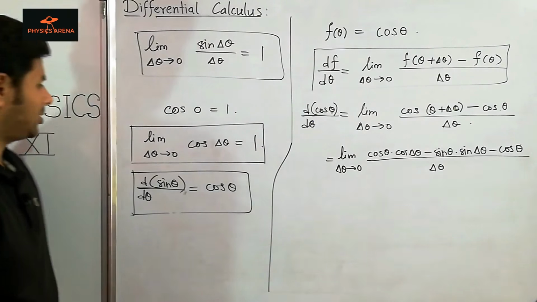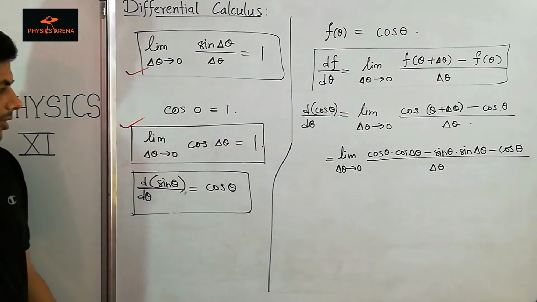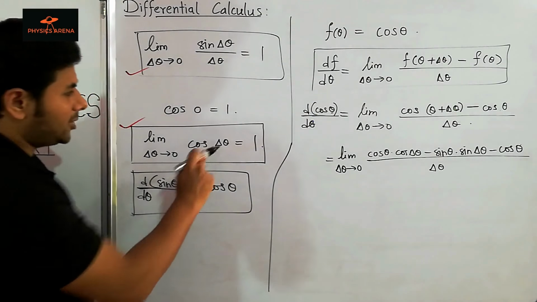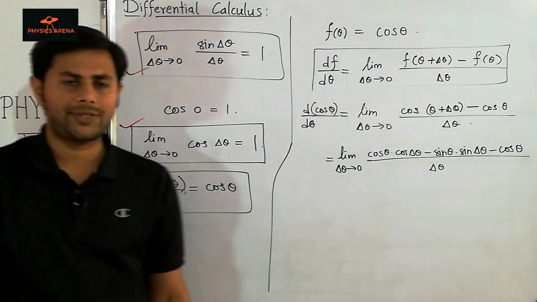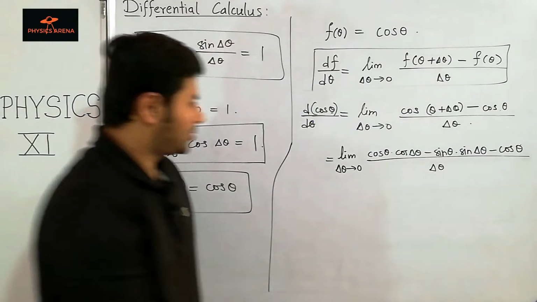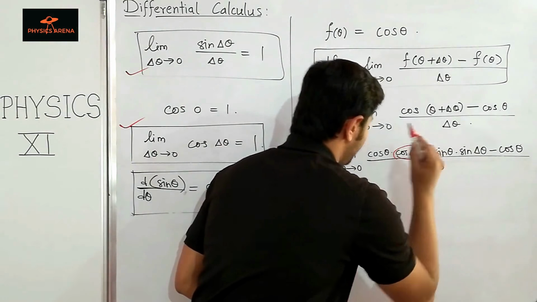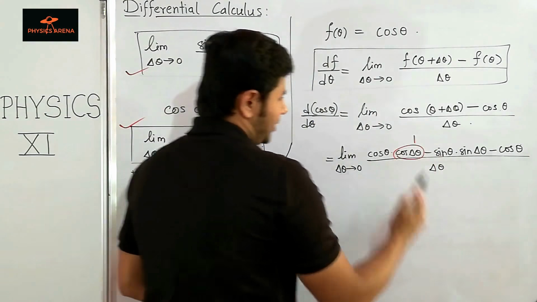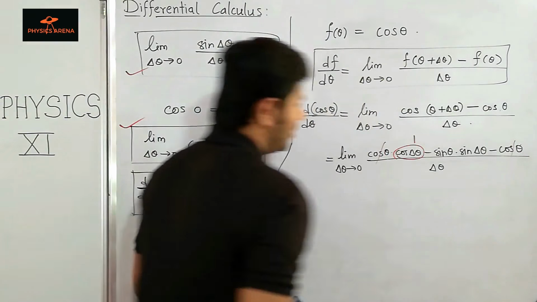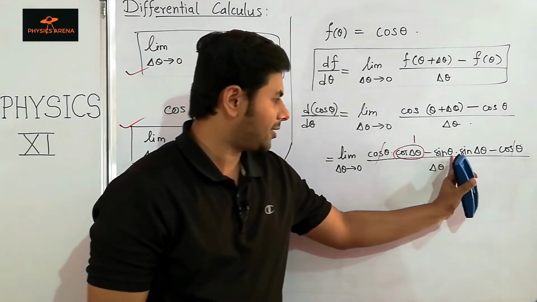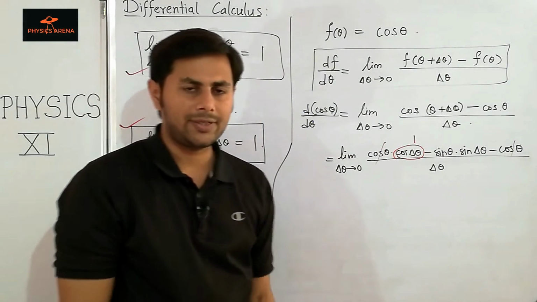So once again we have to substitute these two limits, this thing and this thing. So let's just first substitute this. So cos of delta theta is equal to 1 in limit delta theta tends to 0. So this thing is 1, and cos of theta minus cos of theta just gets cancelled out. So we are left with this thing, minus sin theta into sin of delta theta divided by delta theta,